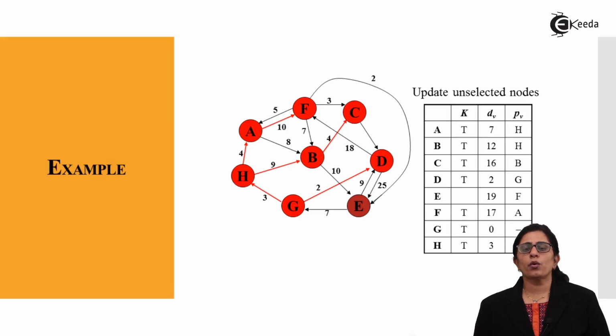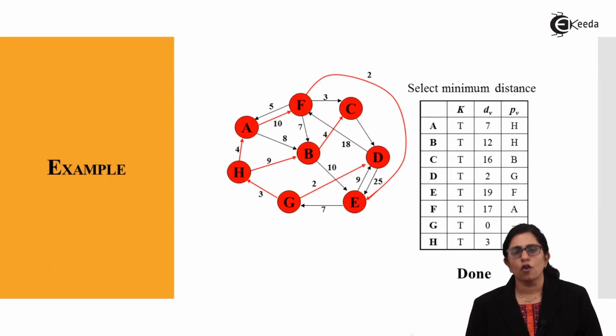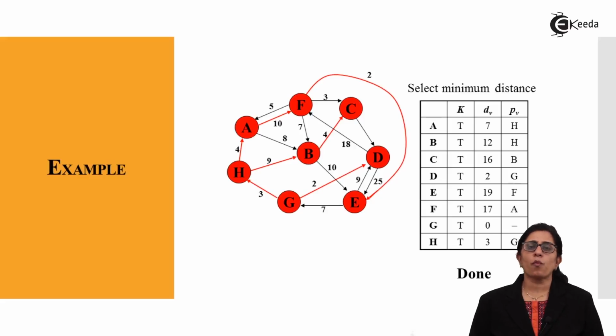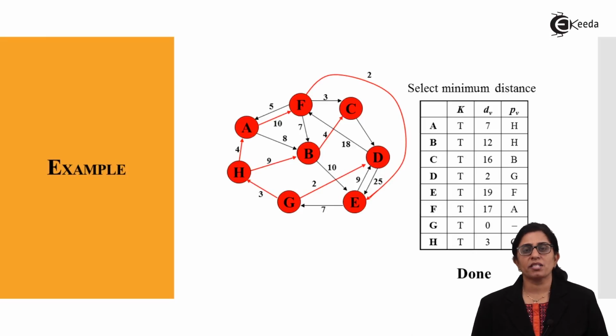Now the only node left is E. So we select E, and E has got a fixed location from the node F. So now we have visited all the possible nodes and found the shortest path to reach each and every node. This is the final solution for the Dijkstra algorithm, implementing the shortest path first with multiple destinations. As we can see, to reach a particular node, there are multiple paths available.